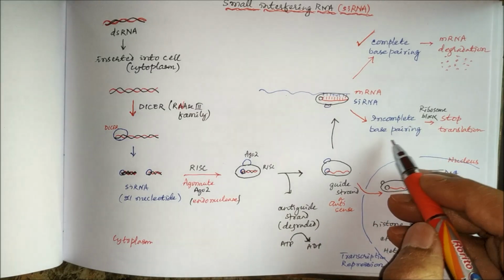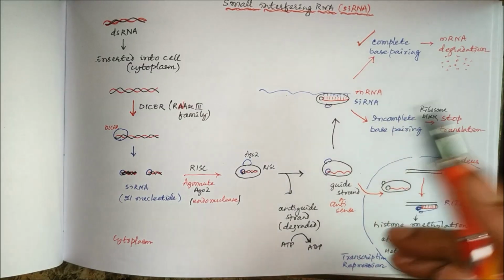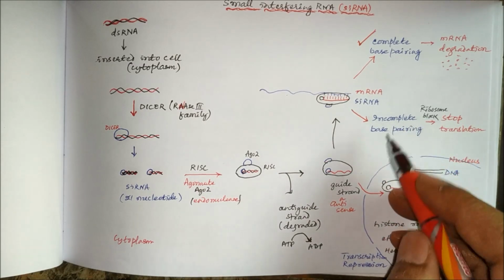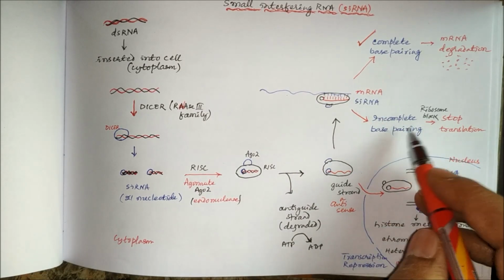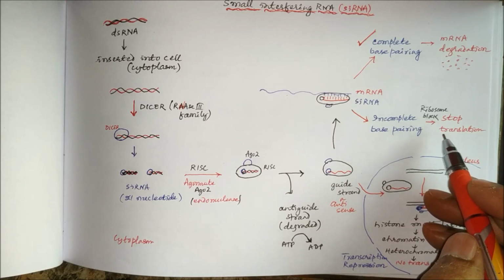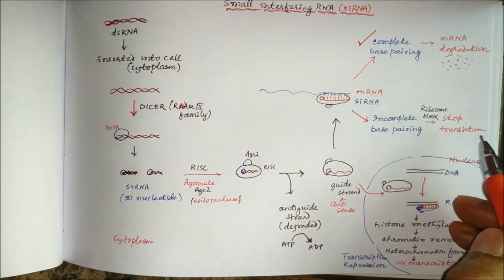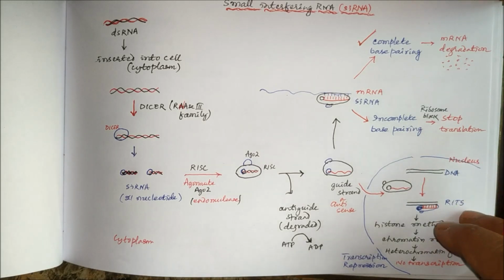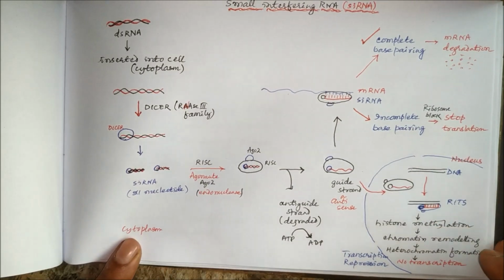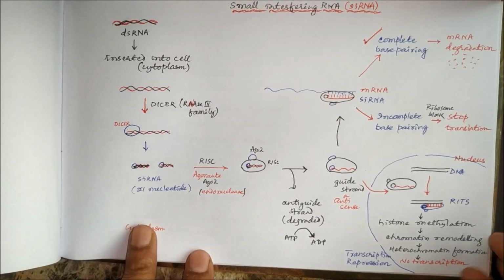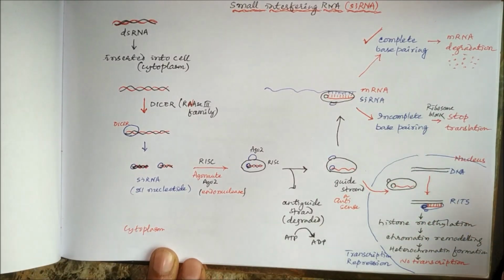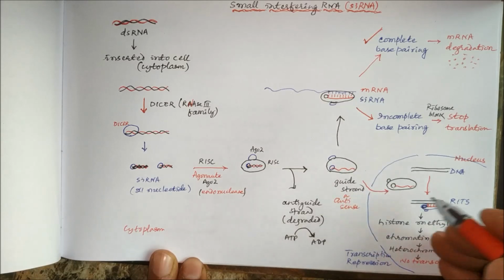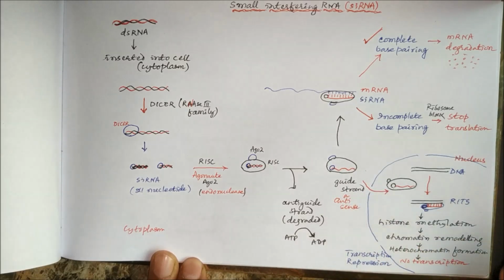And in case of incomplete base pairing, which mostly occurs in case of microRNA, and it can also occur in siRNA, there will be ribosomal block, and there will be stoppage of translation. So there will be no translation. And sometimes, that means this is one way, and the other thing is this guide strand complex can enter into